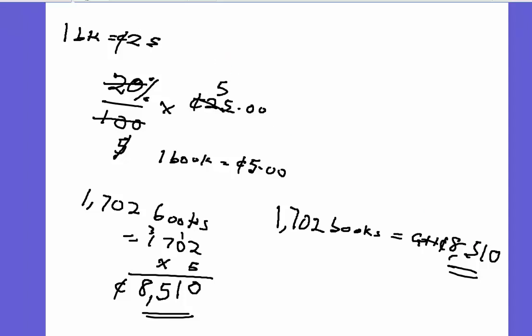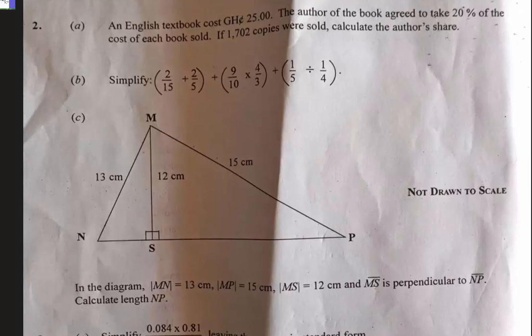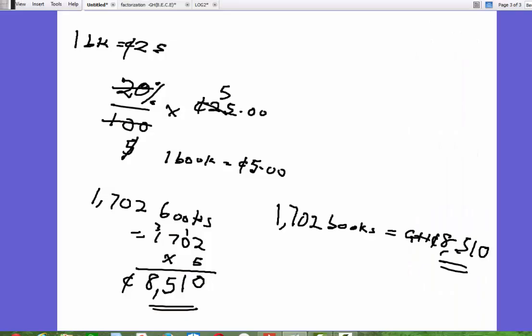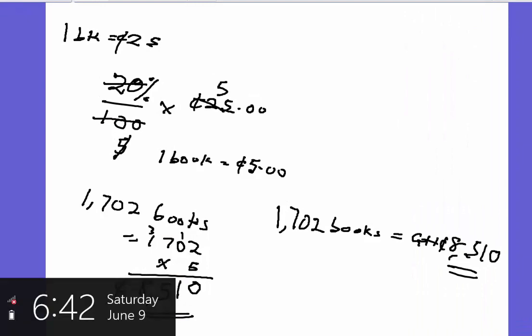Right. So let's move to part B of that question. Part B says simplify 2 out of 15 plus 2 out of 5 in the bracket, plus 9 out of 10 times 4 out of 3, plus 1 out of 5 divided by 1 out of 4. Of course, we are going to apply the BODMAS rule here to make things easier for us. And so let's move on to the next page, where we have to simplify 2 out of 15,